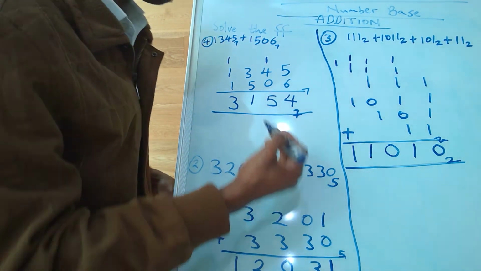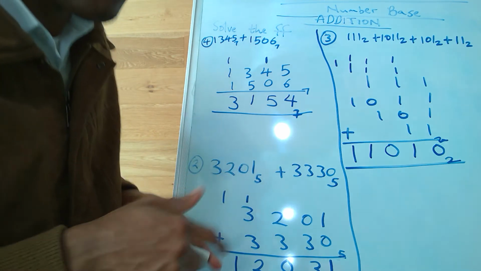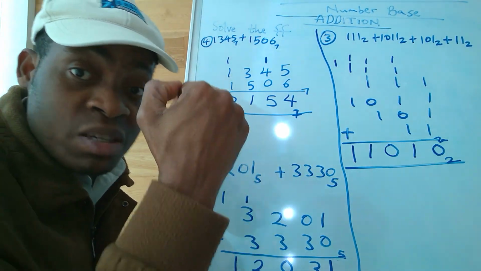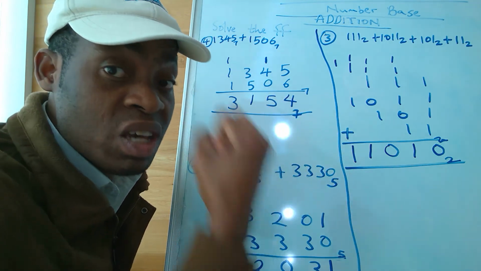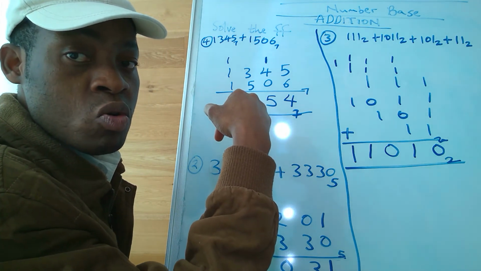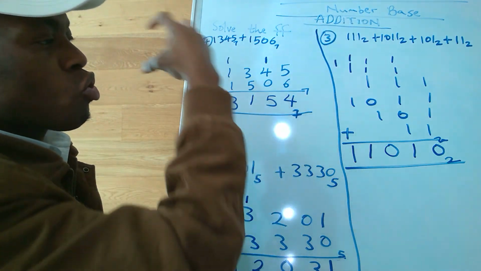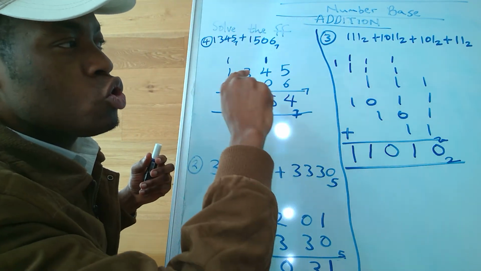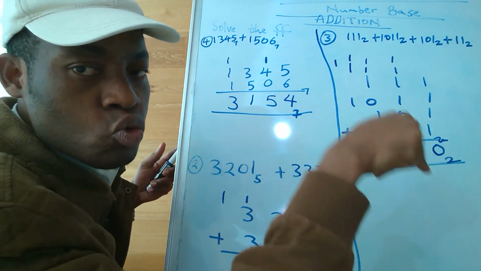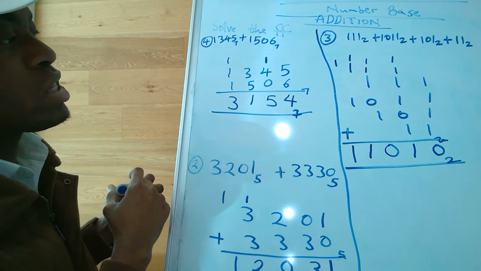So that is just it for addition and subtraction. So just try as much as possible to understand that when you are counting the bases, the moment you are adding, the moment you get to that base, the whole number will turn to 0 and add 1 to the next available number in front of it. The same thing under subtraction. When you borrow 1, that one you borrow, you add the base to the next number that you are to do. Don't worry. Just try to understand this addition.